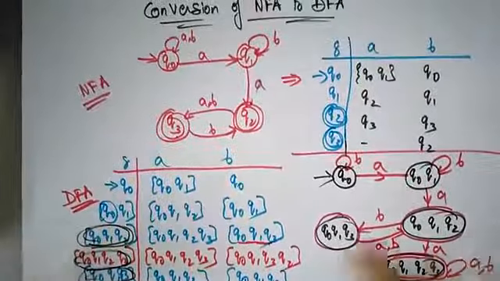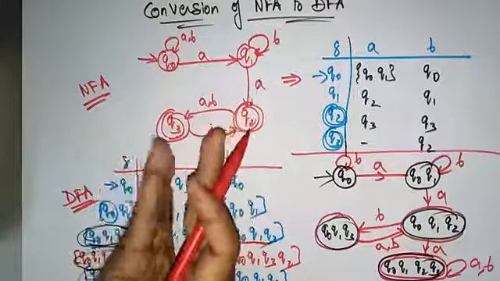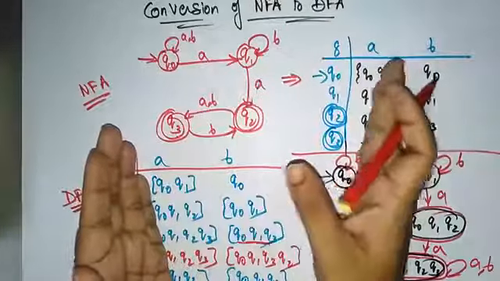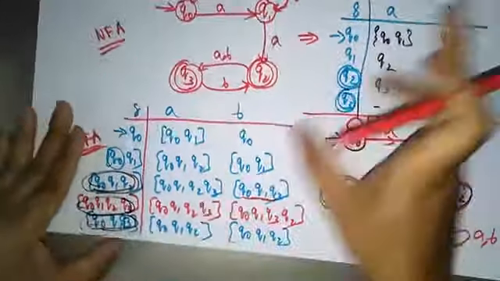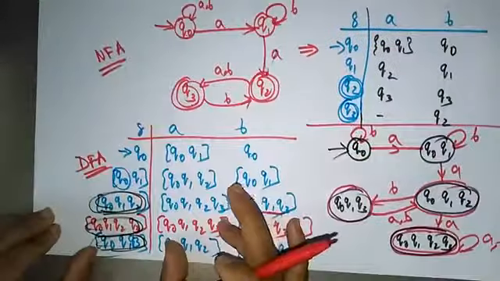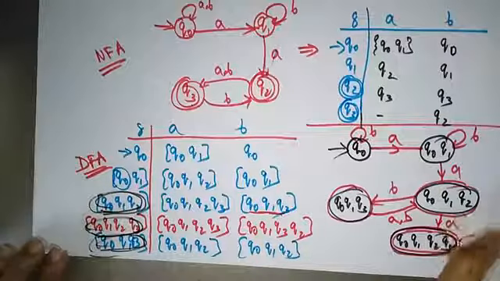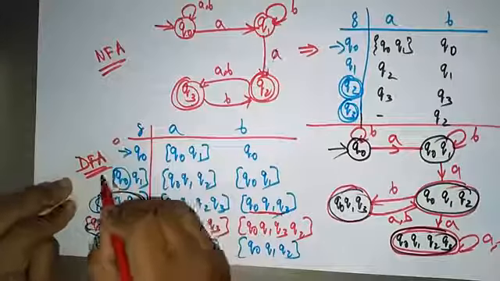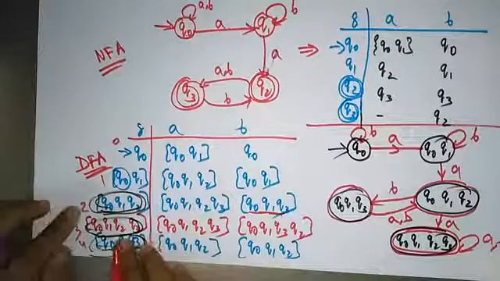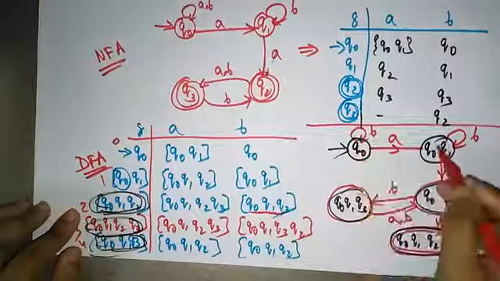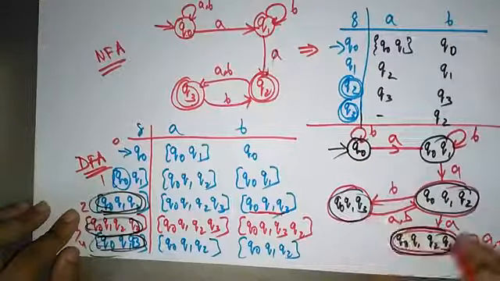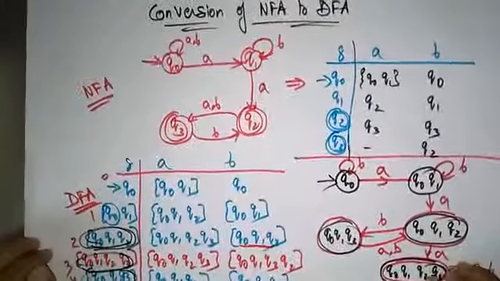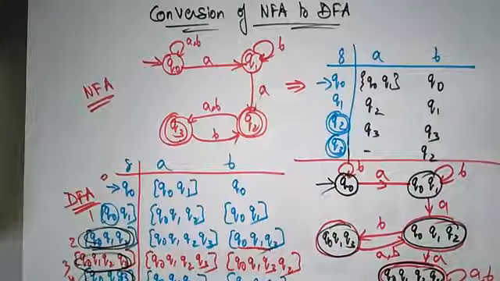So this is how you are going to convert. First take the NFA transition diagram. The best thing is to first write the transition table for that NFA. By seeing that NFA table, you have to construct the DFA table. By seeing the DFA table, you can construct the new transition diagram. If you are confused with this, you can just mark the states as numbers 0, 1, 2, 3, 4. Wherever the states are there, instead of writing all these states, you can take 0, 1, 2, 3, 4. Then it will be easy for you without confusion. I hope you understand how to convert NFA to DFA. Thank you.